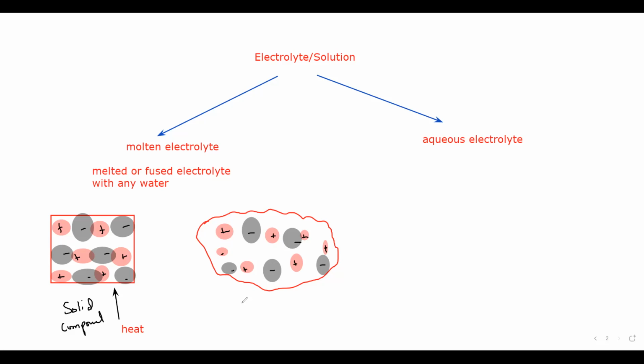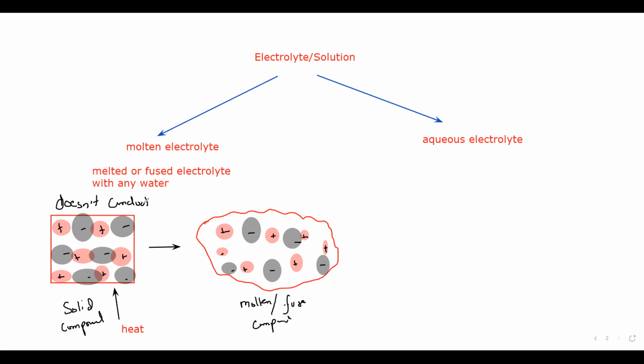So this is called a molten or a fused compound or fused electrolyte. When we supply heat energy, the ions have space now, they move away from each other and the electrolyte is melted. So the electrolyte is like a semi-solid or a liquid state, but it does not contain water. The state is liquid or molten, but it does not contain any water. So this type of electrolyte is known as the molten electrolyte. And why do we need a molten electrolyte? Why not a solid electrolyte? Because a solid electrolyte does not conduct electricity.